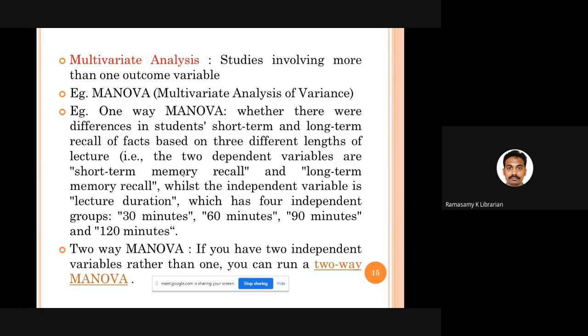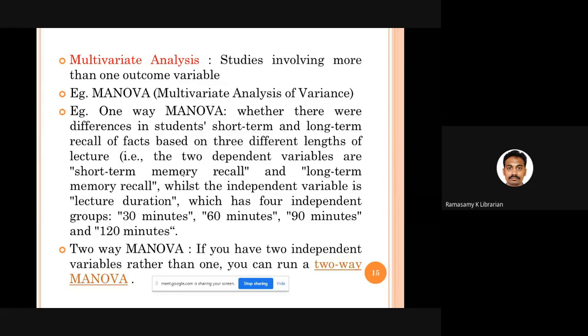In the case of MANOVA, multivariate analysis of variance, we have one-way MANOVA and two-way MANOVA. In one-way MANOVA, we have one independent variable and two dependent variables.